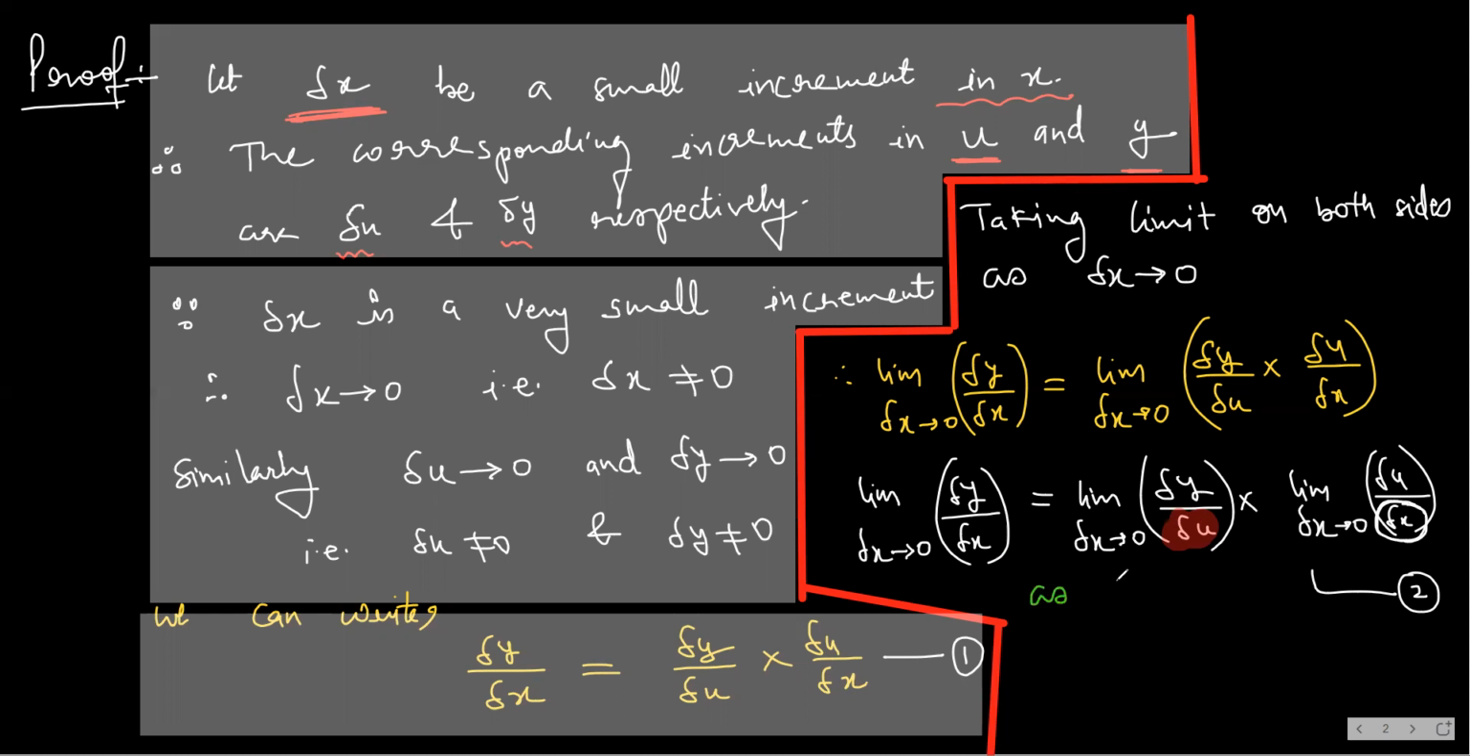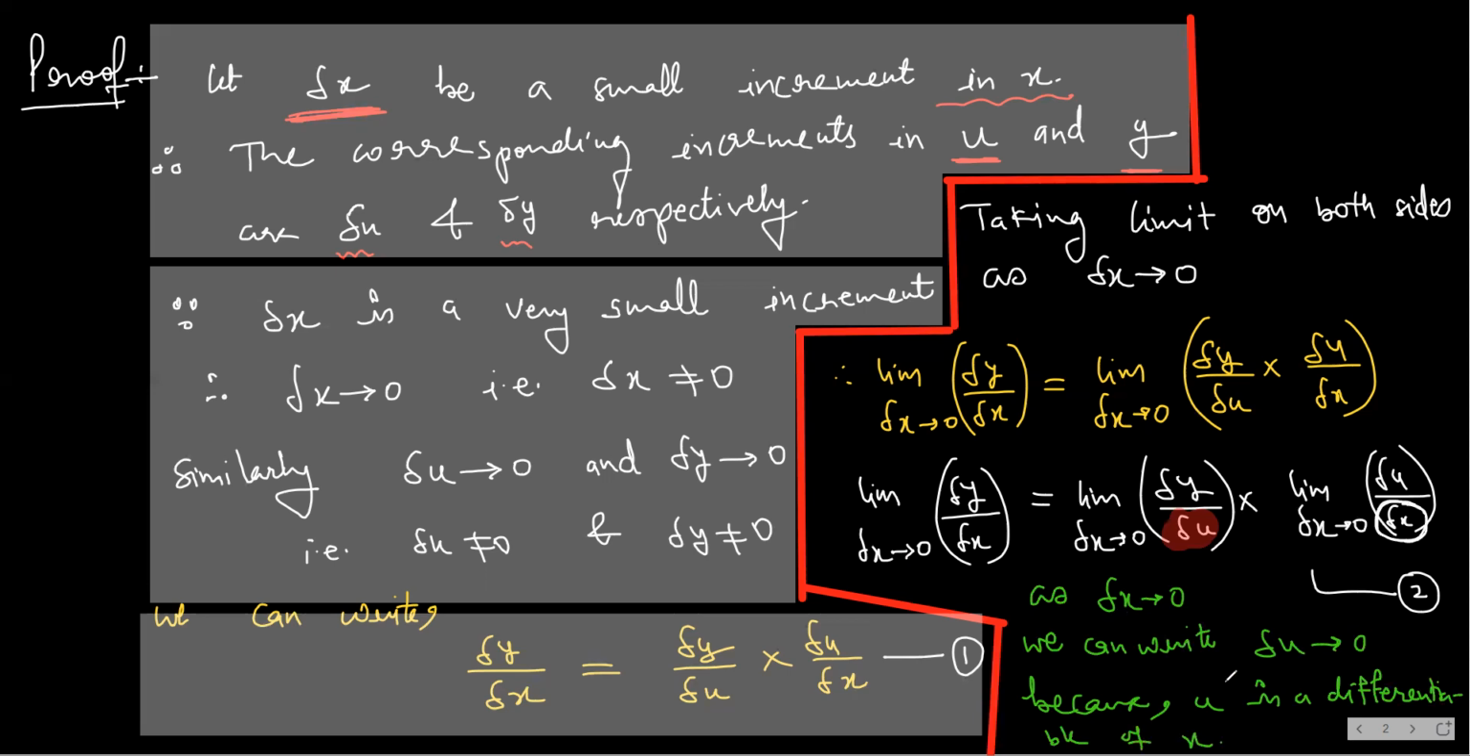As delta x tending to 0, we can write delta u tending to 0. Why so? Because it is given that u is a differentiable function of x. So definitely u depends on x. So there is a small change. When the change in x is approaching 0, the change in u will also approach 0. Now using this,